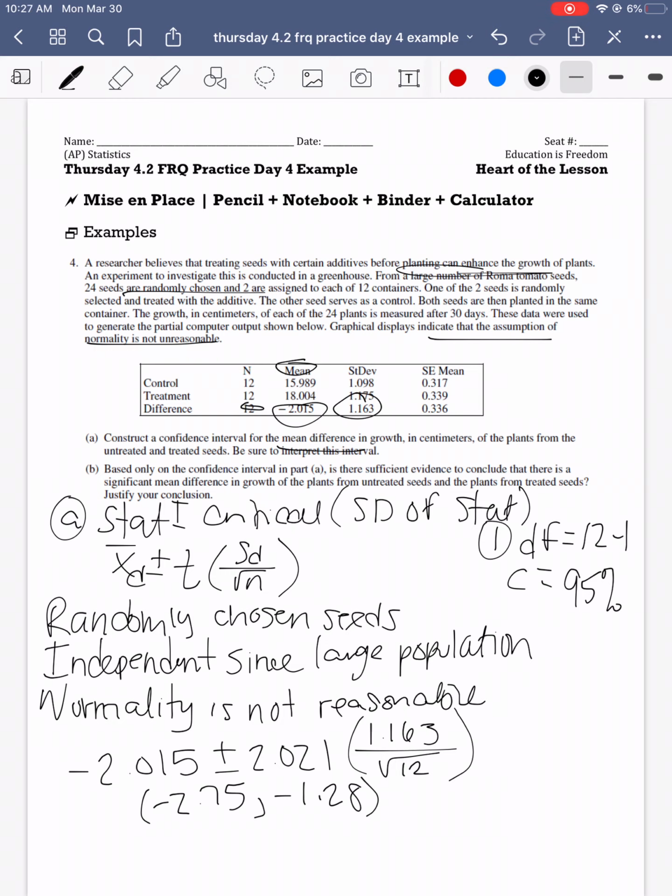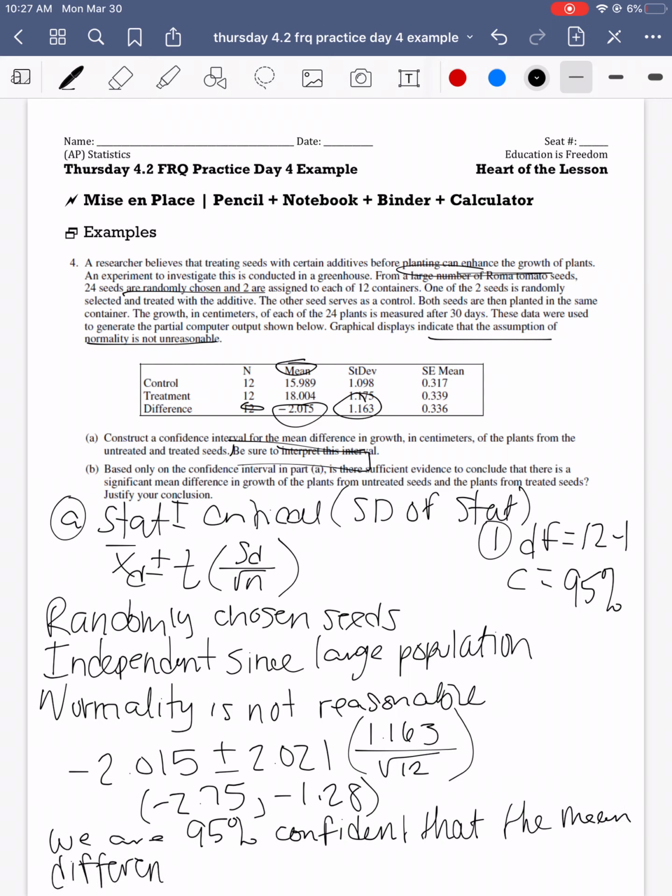But we're not done with this problem just yet, because they say be sure to interpret the interval. So the interpretation here is part of your solution. If you do not include it, it is not correct. So they're saying we're trying to see the difference between the untreated and the treated seeds. So we can say we are 95% confident that the mean difference in growth is between